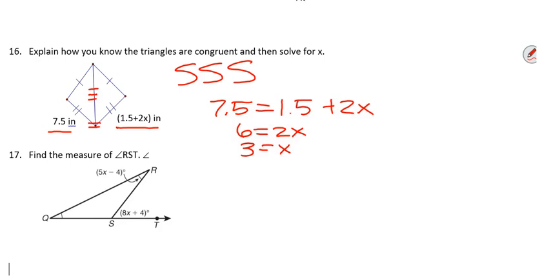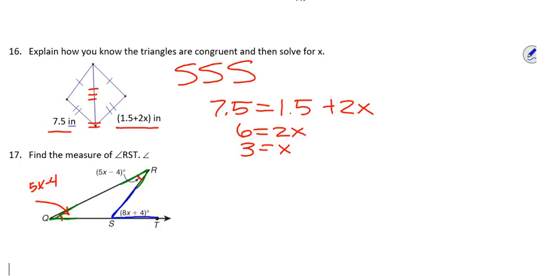That's 7.5. All right, now let's talk about number 17 because I had lots of people asking me questions about this. Want to see if you guys notice that these two angles right here are congruent, which means that this one right here is also 5x minus 4. Now, hopefully you recall that when we add together these two remote interior angles, they equal our exterior angle,